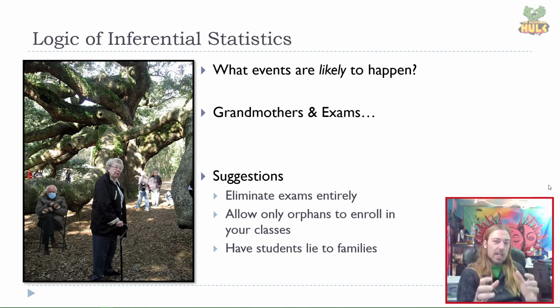We're looking at likely events, unlikely events. If something unlikely is occurring, then we can rule out that nothing is going on. It's definitely not the case that nothing is going on, because look at this really unlikely, low probability event that occurred. Okay? That's the logic of inferential statistics.